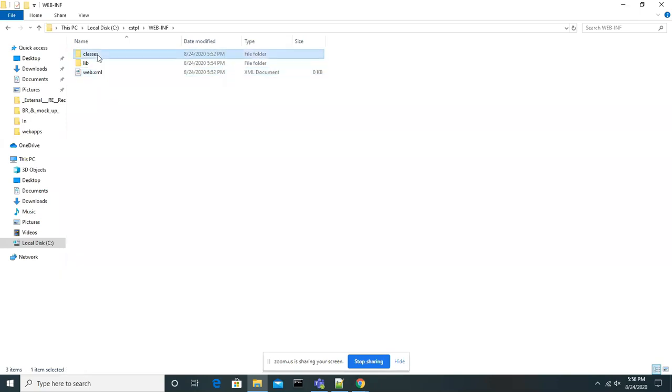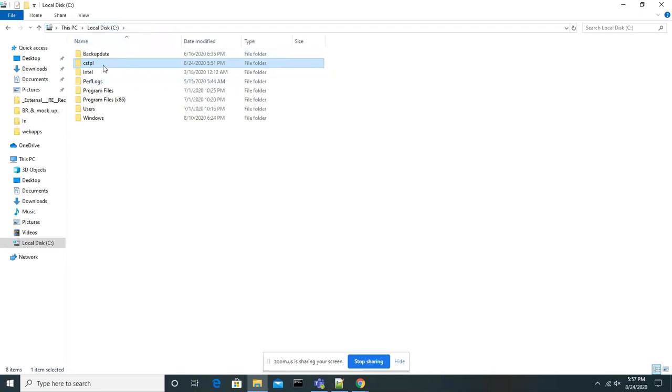So what is the purpose of classes folder, guys? Dot class files, sir. Yeah, to place all dot class files related to the project. What is the purpose of lib folder? To place all the jar files, the dependent libraries. And what is the purpose of web.xml? We will configure all project related things. Okay, so these are the main things you should remember: the purpose of these three things, which are under the WEB-INF. This is the basic structure, guys. So I'm ready with the basic structure.